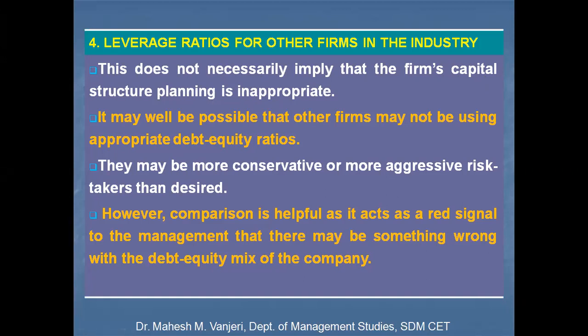Why are company A and B's debt equity ratios different? There are certain reasons. It may well be possible that other firms may not be using an appropriate debt equity ratio. So blindly, you cannot follow the debt